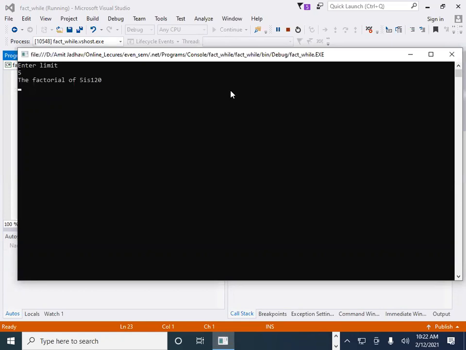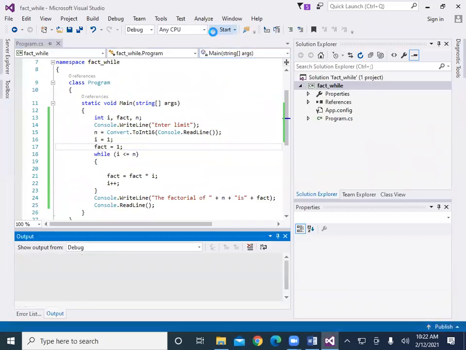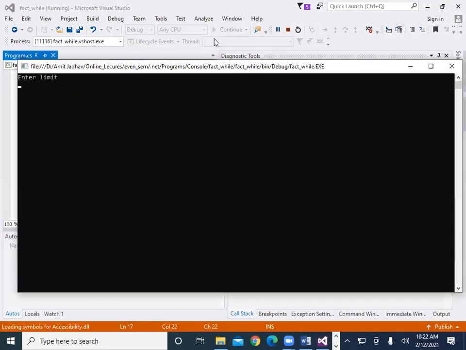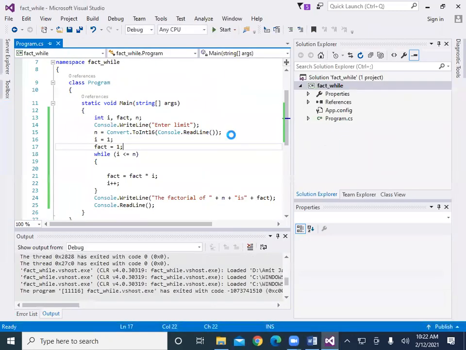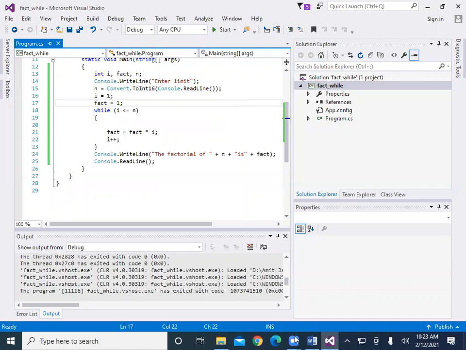So here we get the same output. If we check with 10, here we get the factorial of 10. Okay, so this is a very simple program of the while loop. Then let's see the next one.